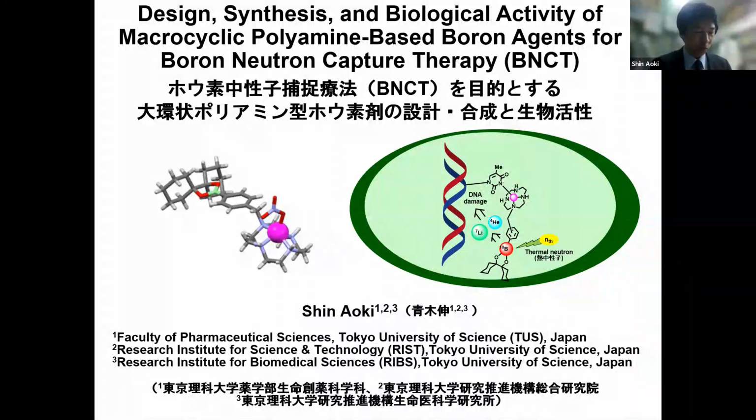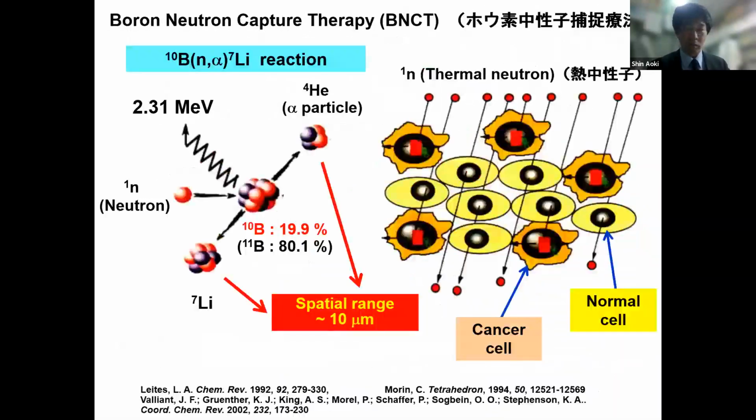And I'm not sure all of you are familiar with these topics, BNCT, but it's one of the important methodologies for cancer treatment. BNCT is a treatment which uses neutrons and boron-10. And as you know, boron is an ultra trace element